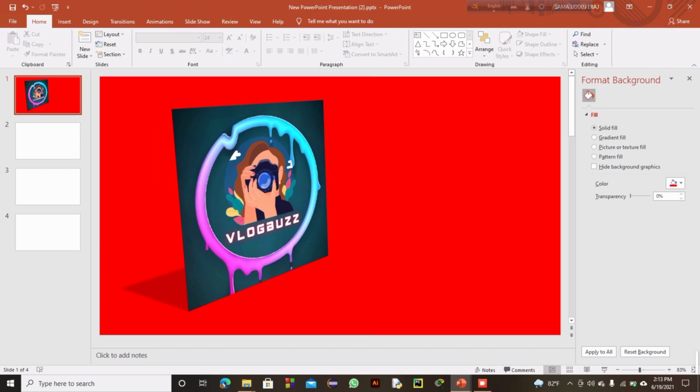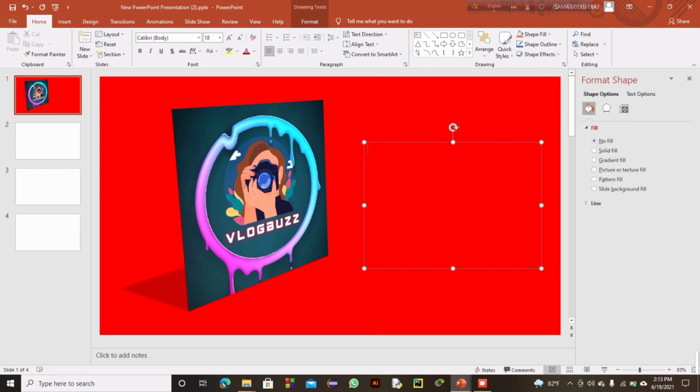And I added some text here. This is the text box. Basically you can see the mouse pointer on it, and its name is text box. So I just drag and drop a text box, and you can see a rectangular shape text box. So I write here, welcome to